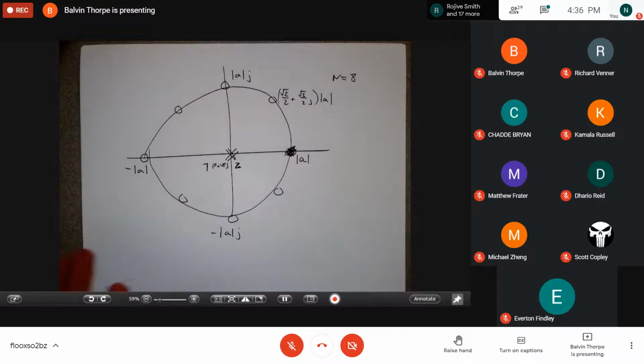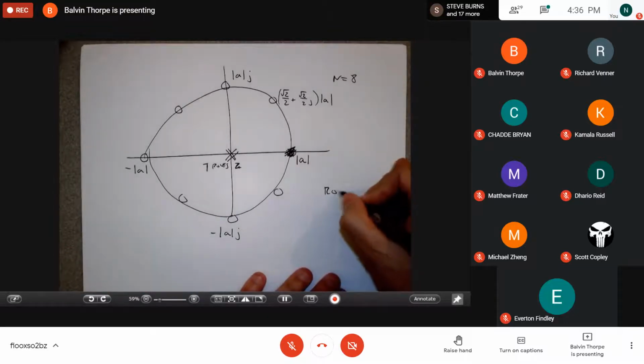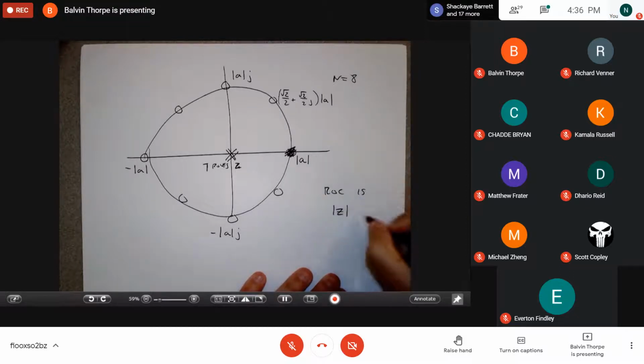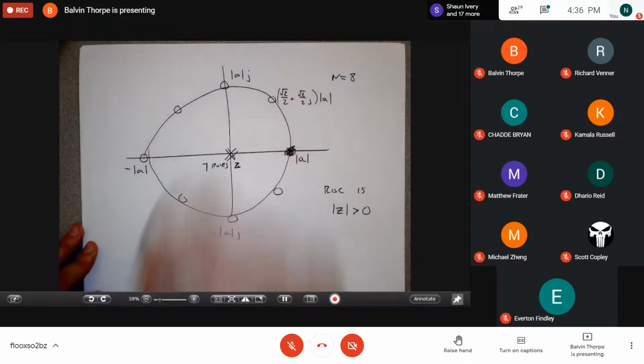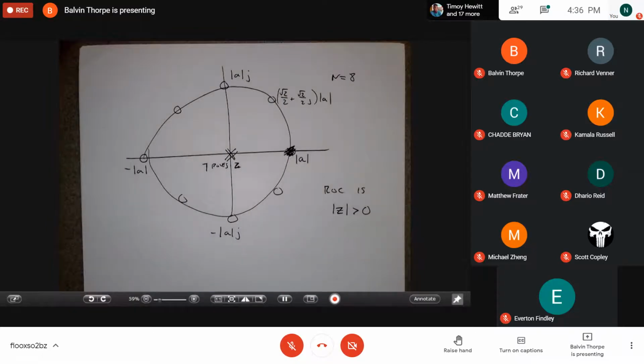And one thing to observe here is that the ROC is any value of z that is not 0, right? And so that means that fundamentally for any value of z, I can look at the z transform for this signal. And so this is generally true when my input signal is only finite length, right? So the problems come in when the input signal is infinitely long. In that case, I have to think about things like convergence and sums. But the intuition is that if I have only a finite number of terms to add up, nothing can ever go wrong unless I'm adding up infinity plus infinity all the way through, right?